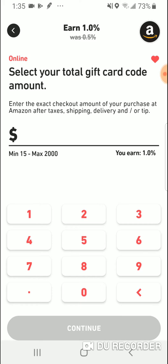Okay, so this is how it works. You go to Amazon, you put everything you want in your cart. When you go to checkout, see, Fluz is like a gift card. What you do with Fluz is you put the total amount that is in your cart. So let's say you spend $45.85. So you earn 46 cents back. So when you hit continue,